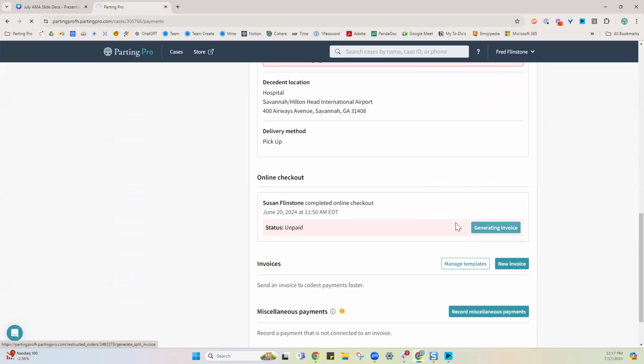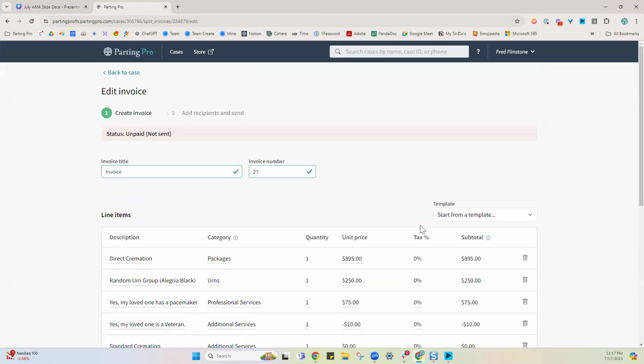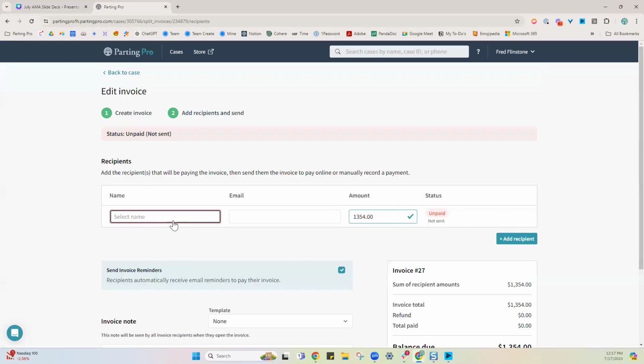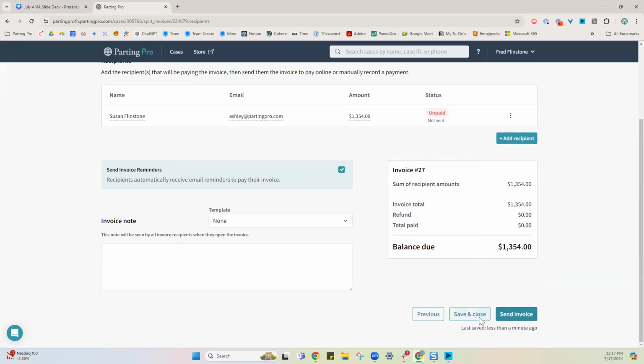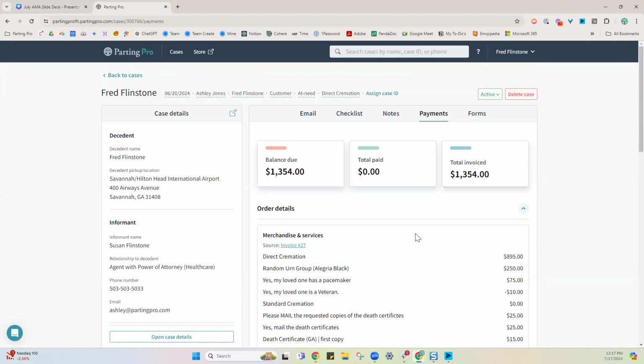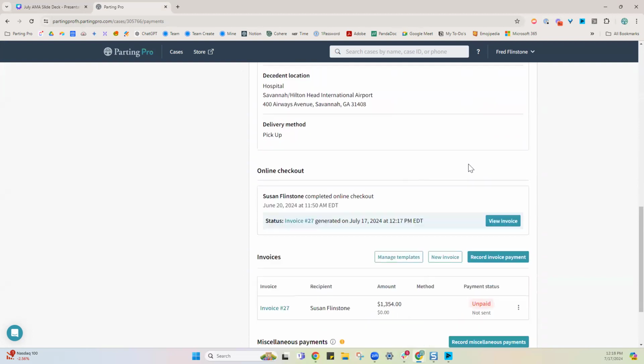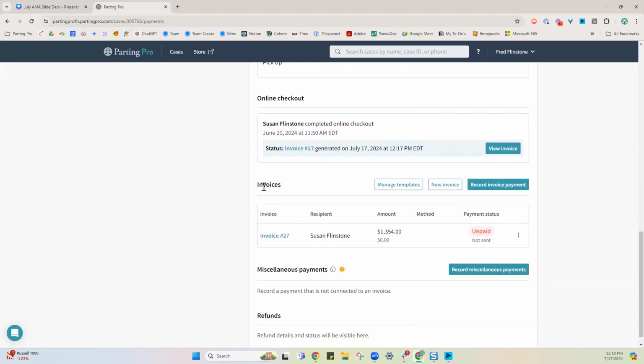Let me just generate this one really quick, and then I'll show you. I'm just generating an invoice really quick so I have something to apply a payment to. So now that I've got an actual invoice generated, you can come down here into the section of invoices, and